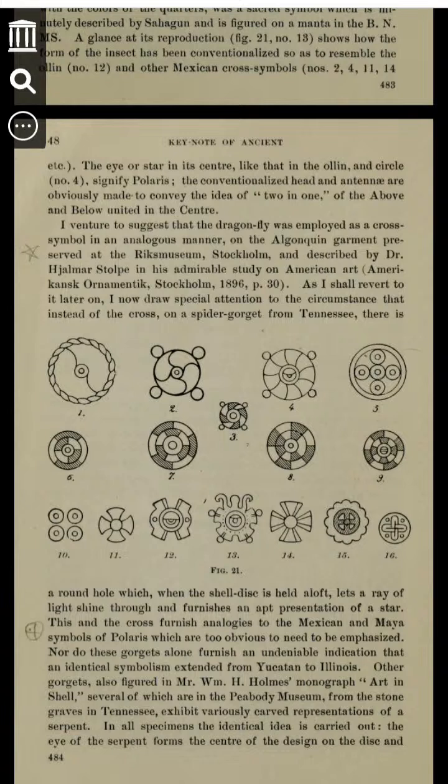I venture to suggest that the dragonfly was employed as a cross symbol in an anomalous manner on the Algonquin garment preserved at Rijksmuseum, Stockholm, and described by Dr. Stolpe in his admirable study on American art. As I shall revert to it later on, I can now draw special attention to the circumstance that instead of a cross on a spider gorget from Tennessee, there is a round hole which, when the shell disc is held aloft, lets a ray of light shine through it and furnishes an apt